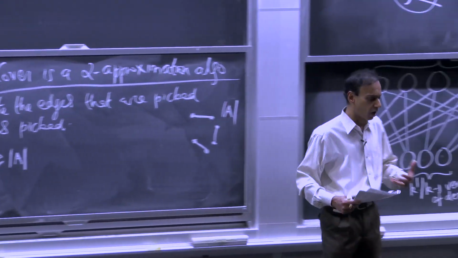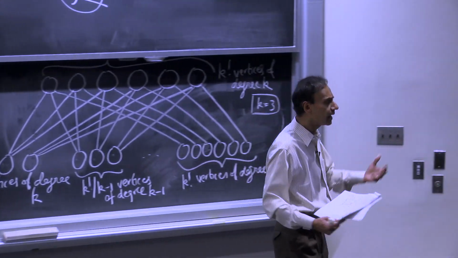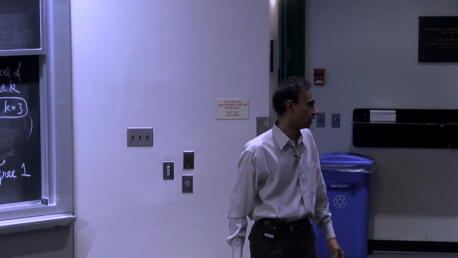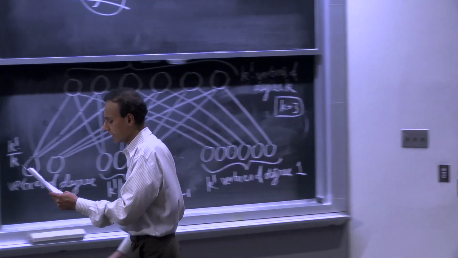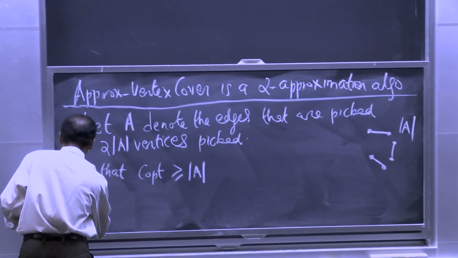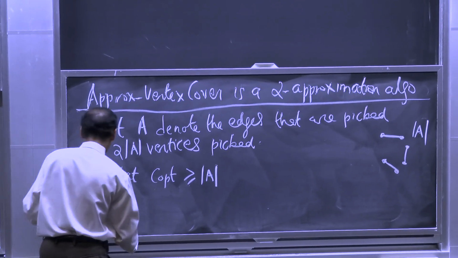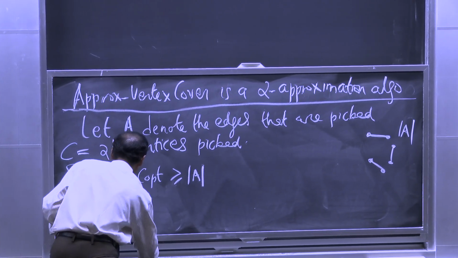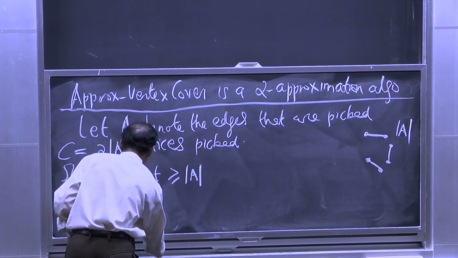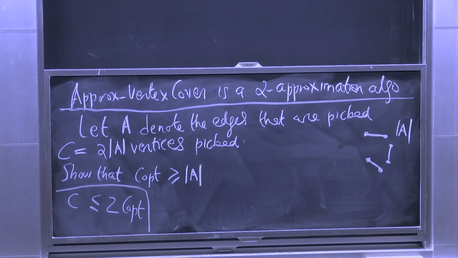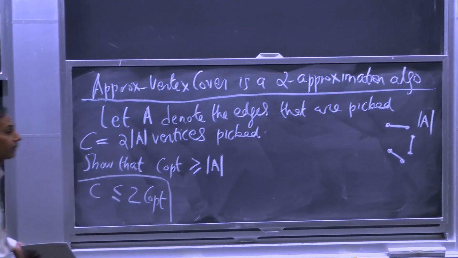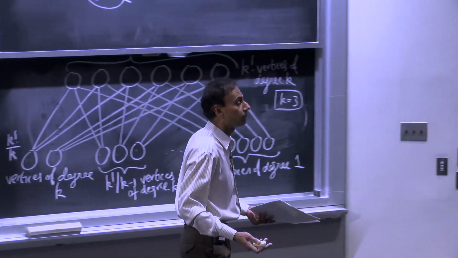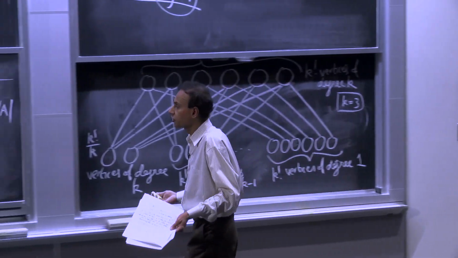So if I say that C opt is at least A, then I got my proof here of 2 approximation, because I'm getting 2A back, right? So this means, of course, that C is less than or equal to 2 C opt, if I can make that statement. And it turns out that's a fairly easy statement to argue, simply because of the definition of